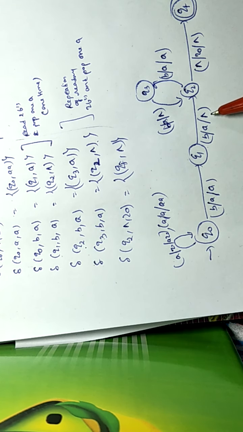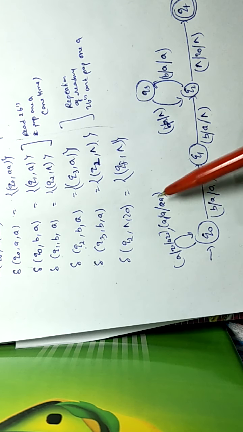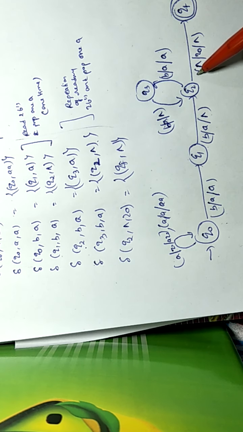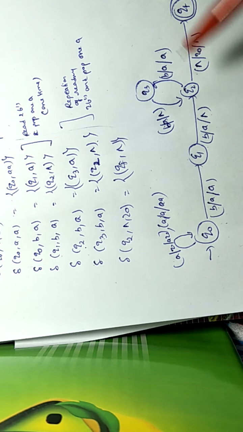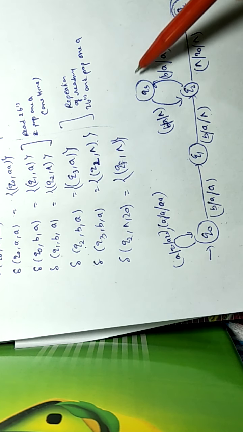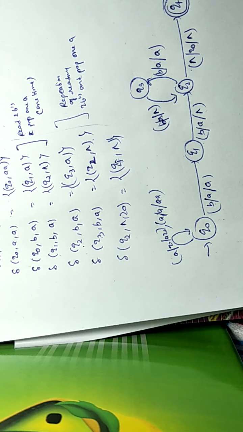If you look carefully, by doing one time we are assuring that we are reading 2 B's, and on reading 2 B's we popped 1 A. This is the first A, this is the repetition of A's. We are pushing A's at Q0 and by moving Q0 to Q2 we are sure that we read minimum 2 B's, and for 2 B's we popped 1 A, so that is a^n b^2n for n greater than or equal to 1. After reading 2 B's we can repeat this procedure again and again. This is the loop, and then at the end of the input we will reach the final state.